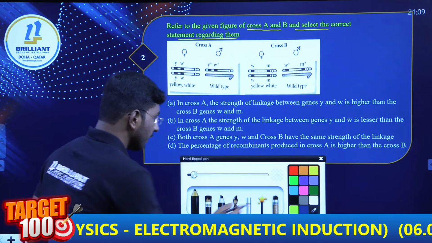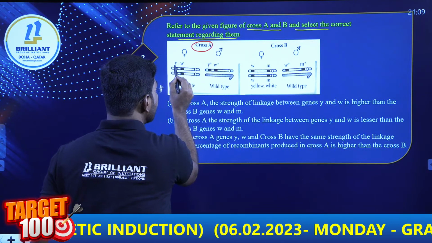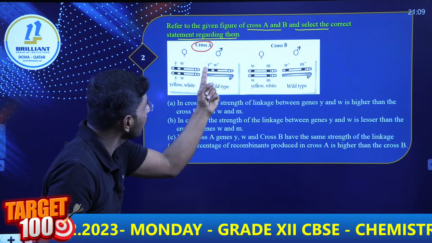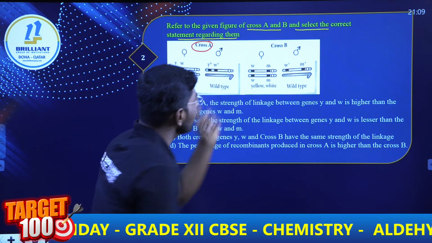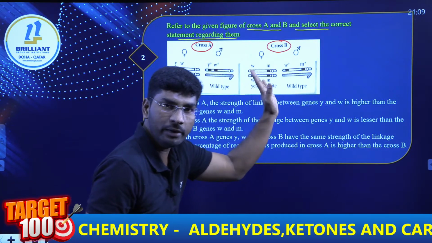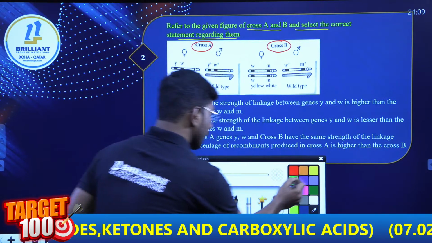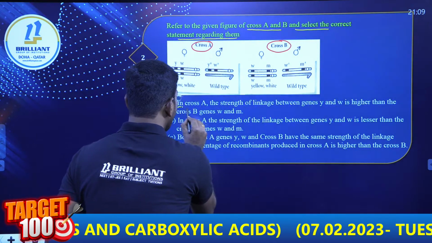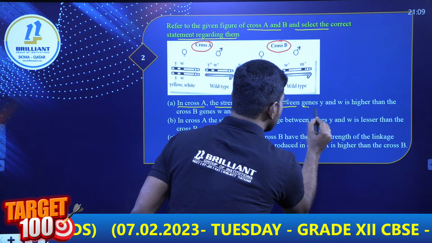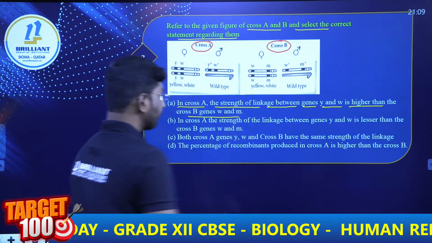Fine. Now look here. This is cross A. In cross A, the Y gene and W gene are given, yellow and white body, Y plus, W plus. Here it is cross B, where W and M genes are given. Fine. Look at the first option. In cross A, the strength of linkage between the genes YW is higher than cross B,